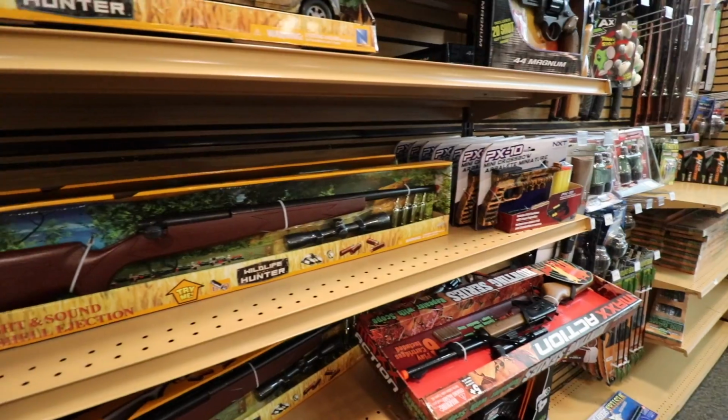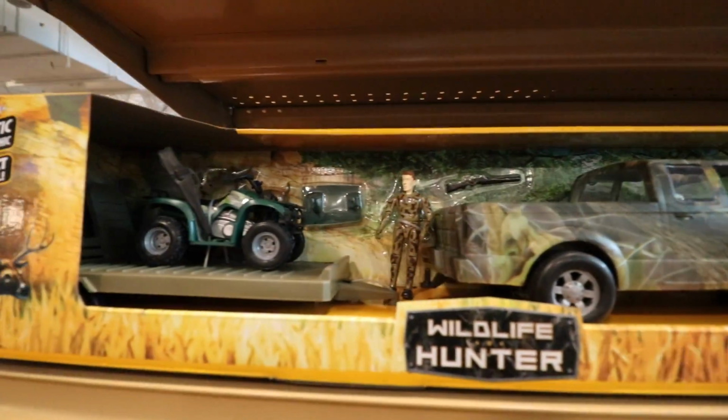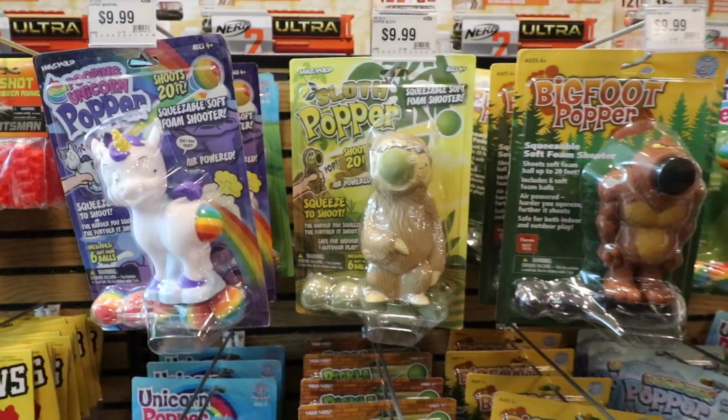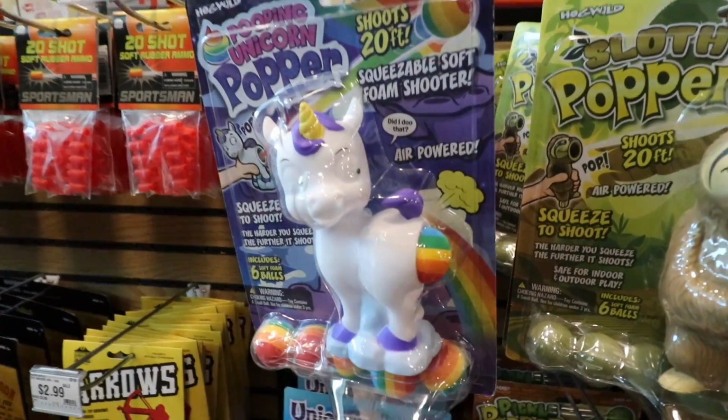Oh, well, heck yeah, brother. I'm gonna buy this. I'm gonna get this for my nephew. Ooh, look at this. Ooh, a unicorn popper. I thought it said pooper because of where the thing...